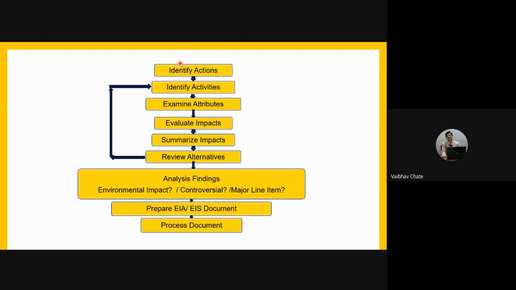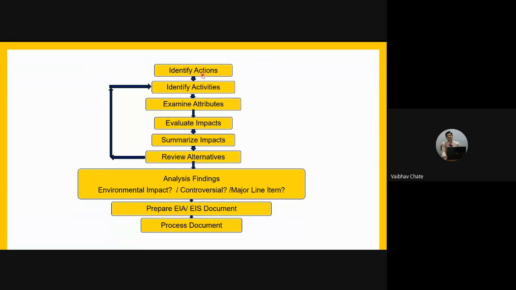So the next is whether the environmental attribute is water. In that case, what is the source of water in this particular area? It might be a lake, it might be a well, it might be a river. What is the quality of river water? What is the quality of well water? What is the quality of the lake water? So answering these questions will be coming under step number 3, that is examine the attributes. I repeat, identify action means we are going to identify the project,